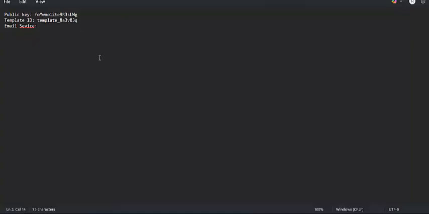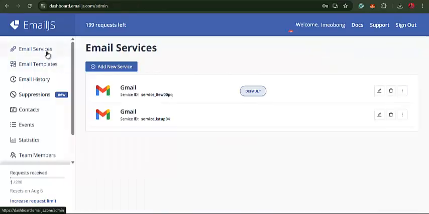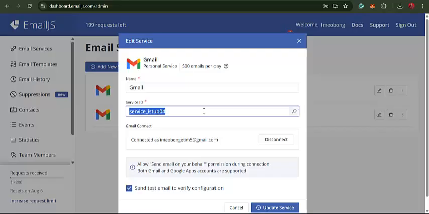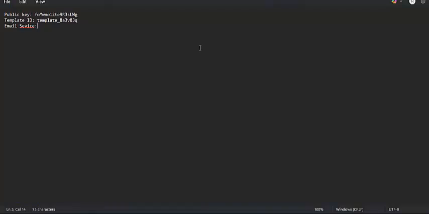Then we also need the email service. So to get the email service, go back here and come here, and this is the email service. Copy it out. Then go to our notepad and paste the email service here. So after we've gotten this information, we want to then go back to Lovable. We just copy all of this out first, then we go back to Lovable,